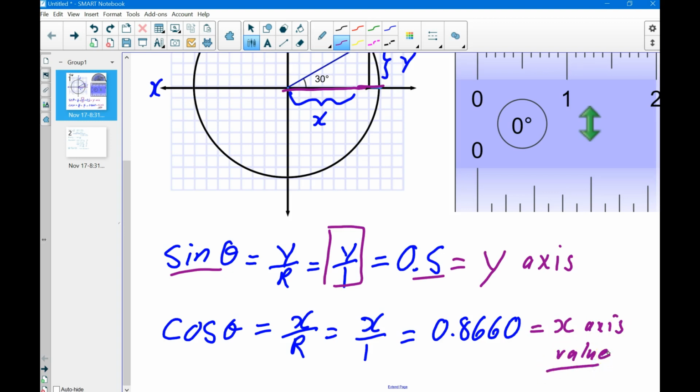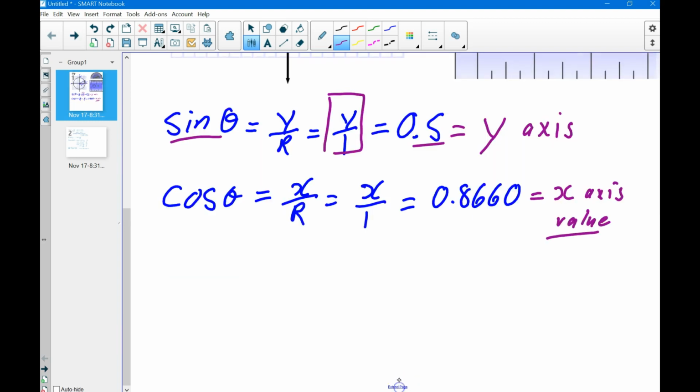Nice. Then they created something called tan. Tan basically is something that they invented just to make your life confusing. I'm just joking. Tan theta is going to be